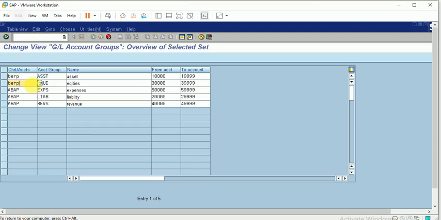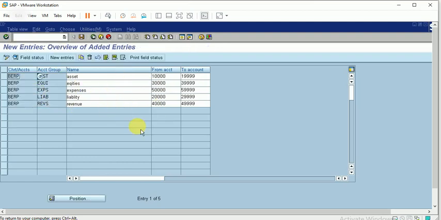So these are the groups: assets, equities, liabilities, revenue, and expenses. I'm pressing enter and save.